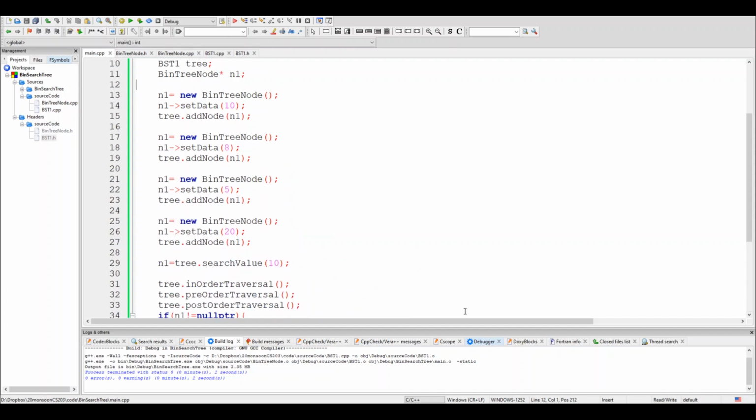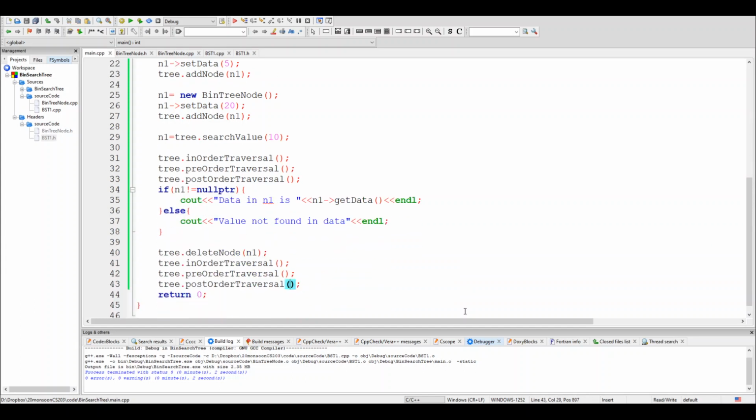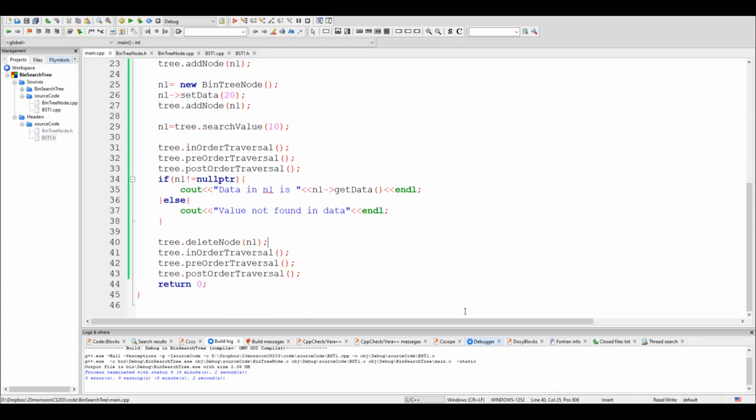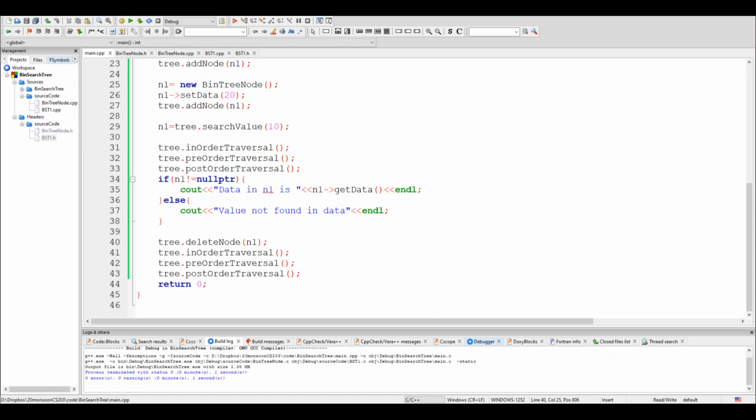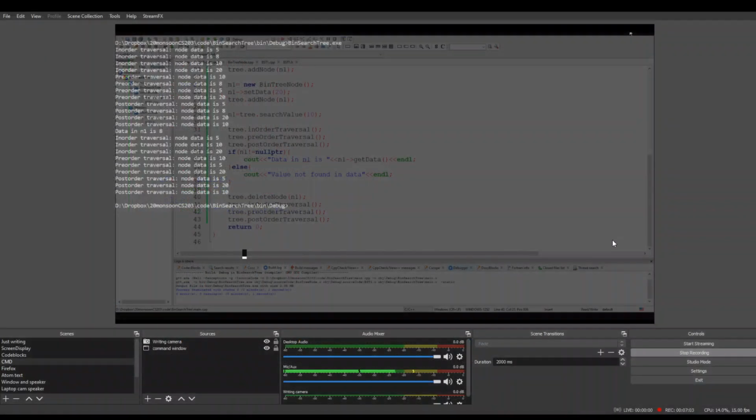Again, to remind you, we created a tree with 10, 8, 5 and 20, and then we search for 10, so we get the address of the node that contains 10, and then we will delete that node. Let's see if that works. So let me build it, and let's go to our command prompt and see what happens.